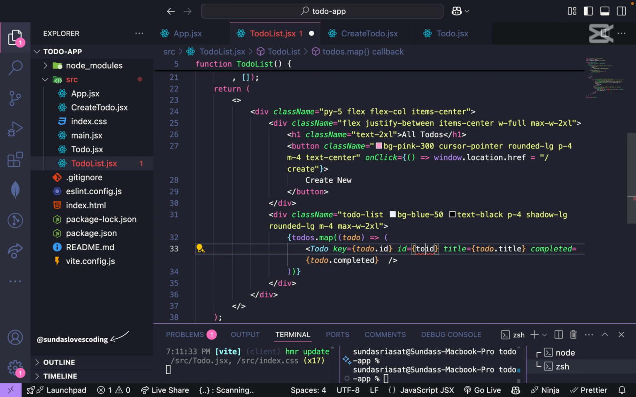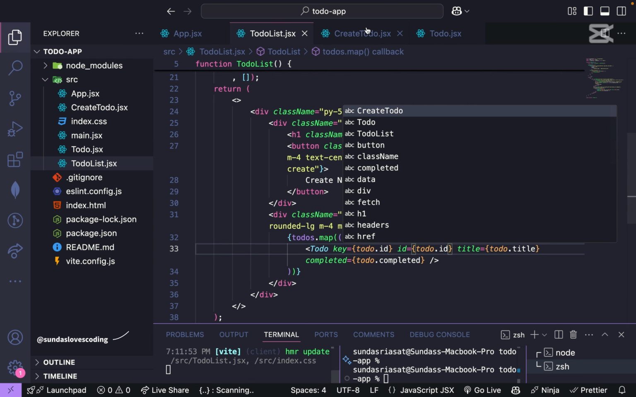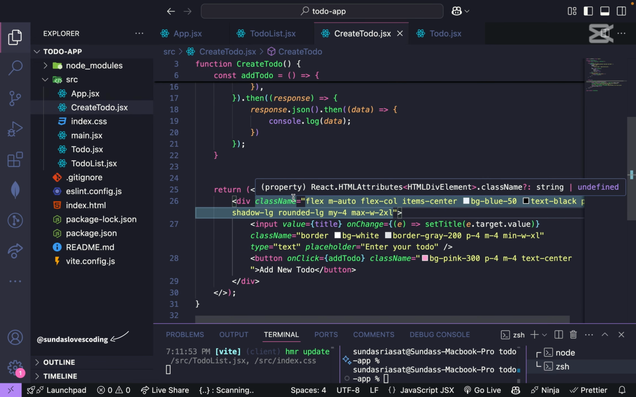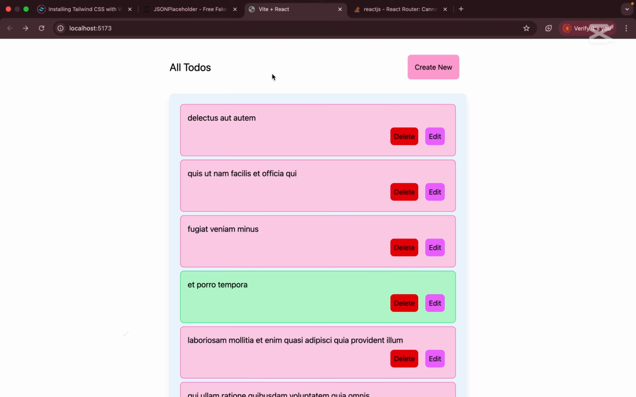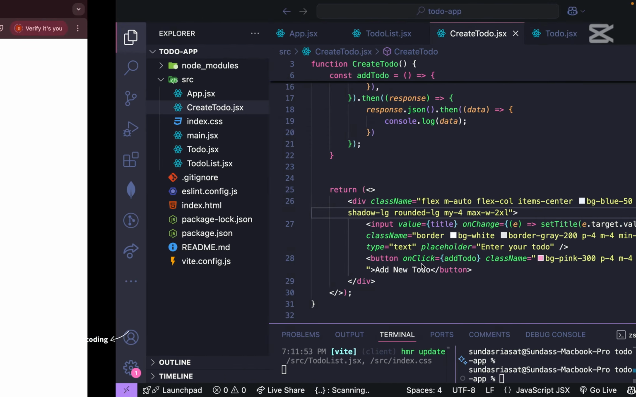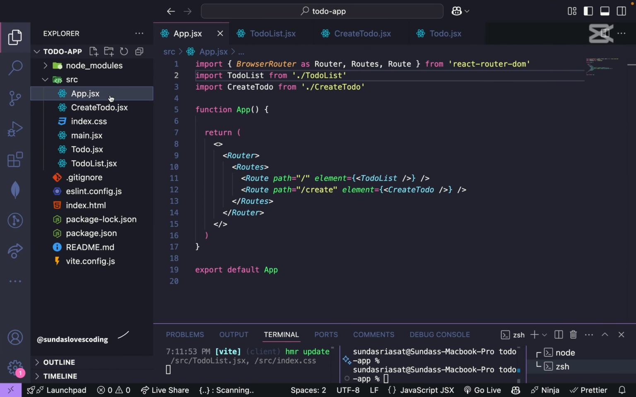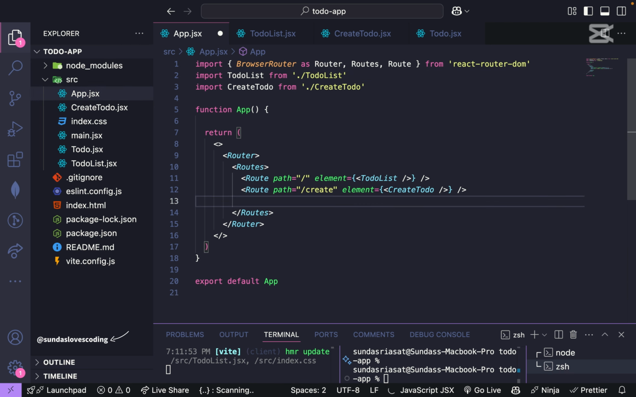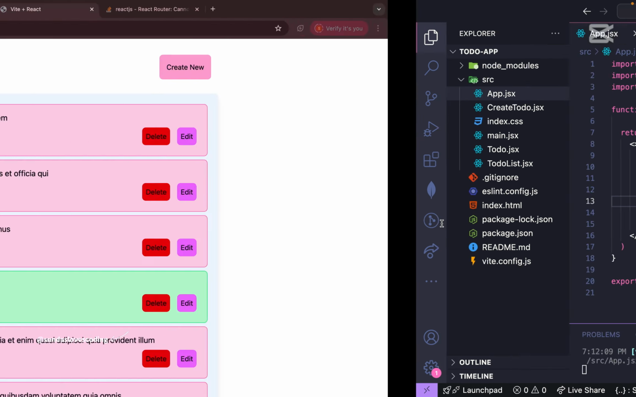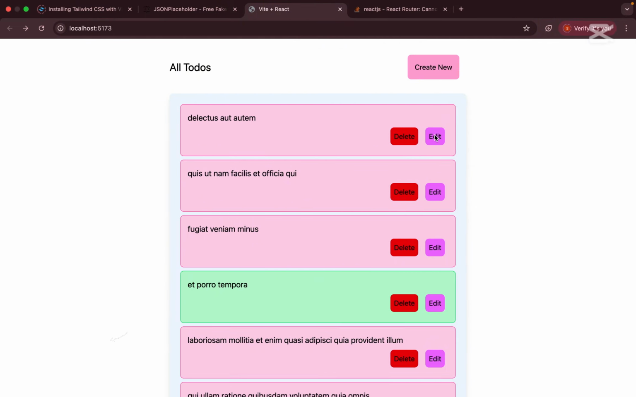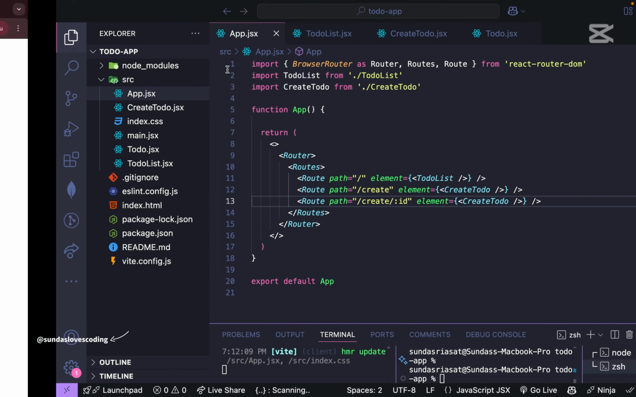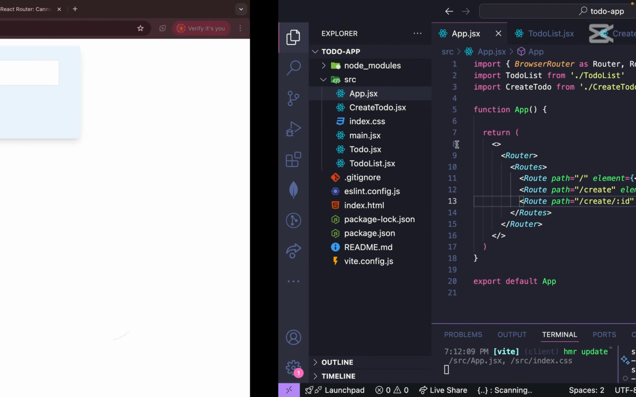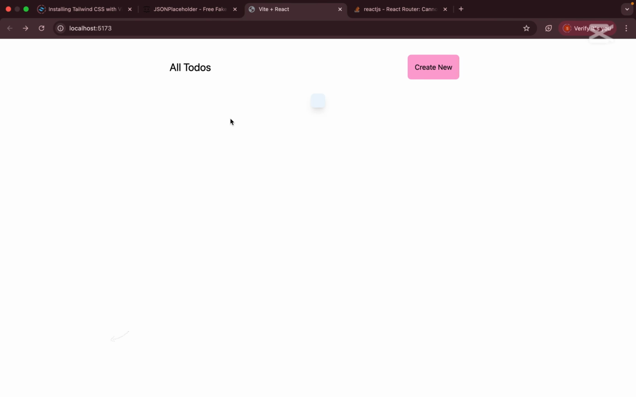This is going to be todo.id. Cool. It looks nice. We can go with, oh, we haven't actually yet set the route, so we can go route. That's nice. Cool. Now if we do edit, it's going to take us here with the edit, and it's object since we are not receiving it in the create to do, right? And if we go back over here